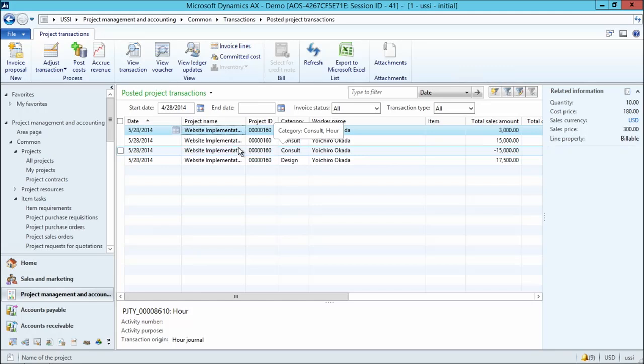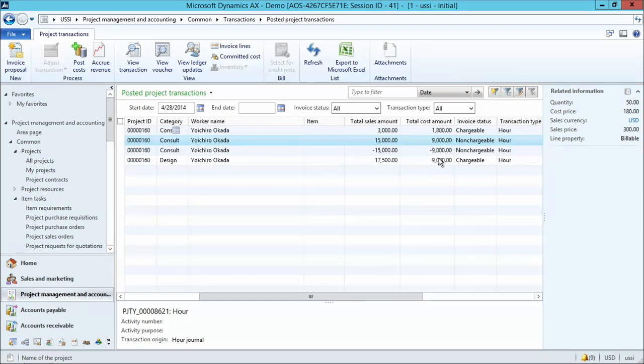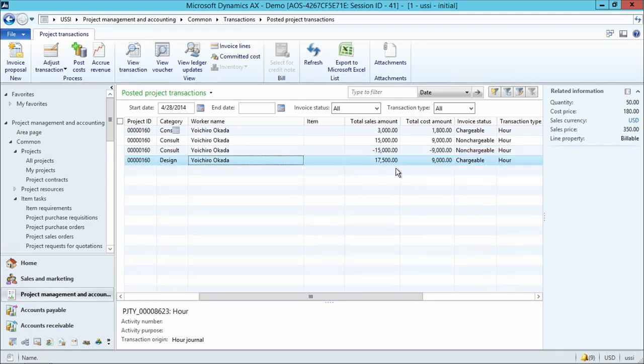So this was our old transaction, and that has been marked as being non-chargeable. There is a complete back out of the old transaction for the full amount, which is also marked as non-chargeable. And there is a new transaction with the new sales price of $350 that is created, and that's the one